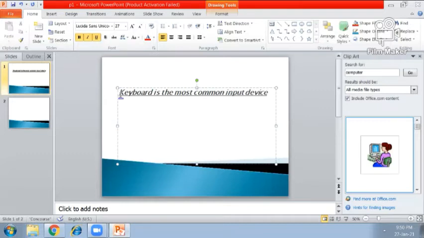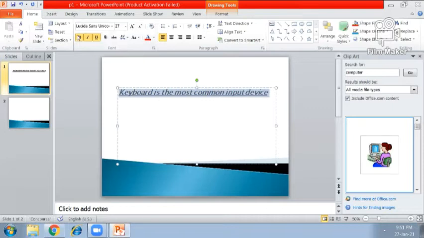Okay. Yes, these are the toggle buttons. The meaning of toggle button is that if you click on these buttons one time, they will give the facility of a particular button. Okay. And again, click on it. They will be off like this.